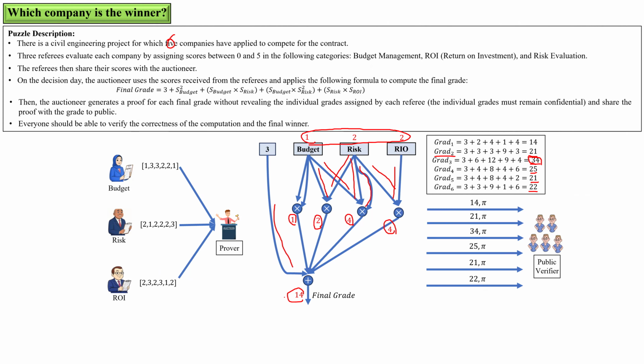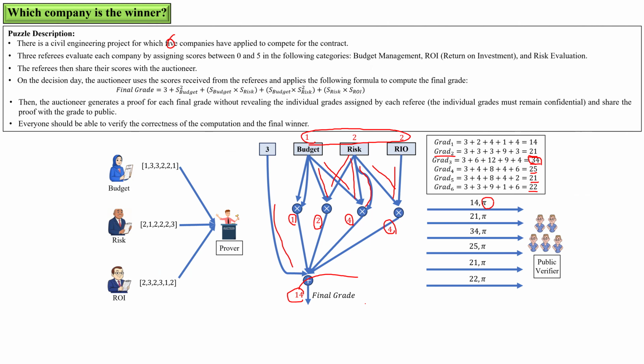However, the final grade plus a proof should be shared by the public, and then later everyone should be able to ensure that the final computation is correct. For instance, for the first company, when 14 and a proof is shared by public, everyone from public could